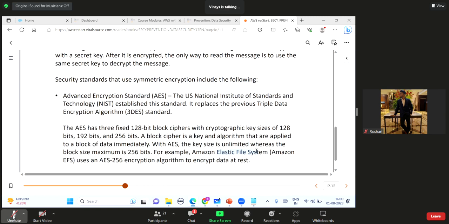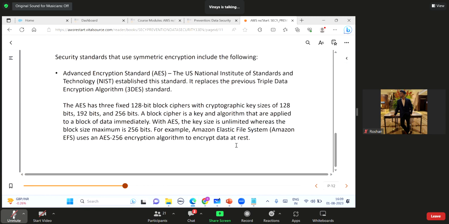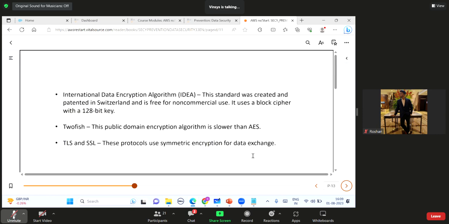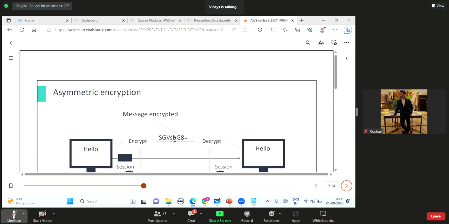We will look at this in our upcoming topics, not here in security but in our advanced AWS topics. Apart from AES and DES, we have IDEA, the International Data Encryption Algorithm, Twofish, as well as TLS and SSL, which use symmetric encryption for data exchange.